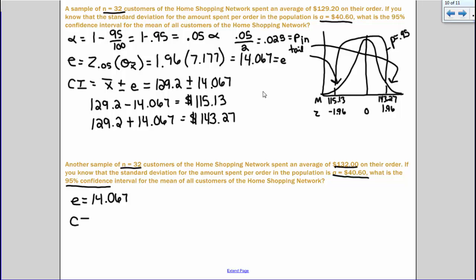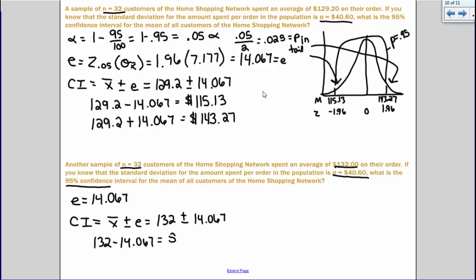So our confidence interval is still the sample mean plus or minus error, but now it's 132 plus or minus 14.067. So if we find the lower limit of our confidence interval, 132 minus 14.067, we end up with